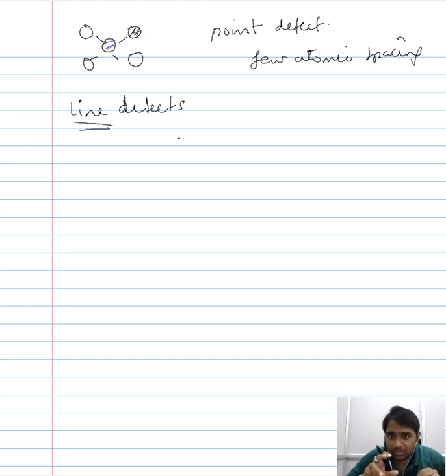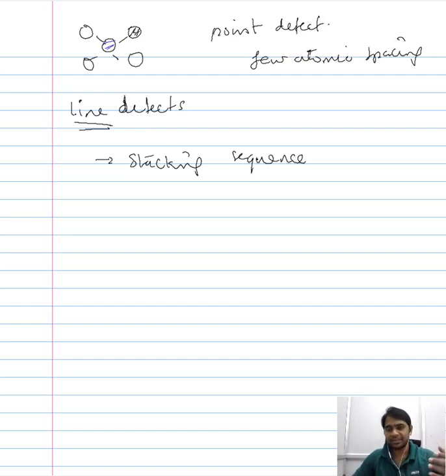Now, in order to describe this line defect, we need to have an idea of the arrangement or the stacking of atoms along a particular plane. So these line defects, we will be able to identify them only when we are familiar with the stacking sequence of the atoms in a given plane or direction of a particular crystal structure. We have seen that for a given crystal structure along a definite plane and direction, you have a regular arrangement of the atoms. You can present the atoms in a way such that you will be able to